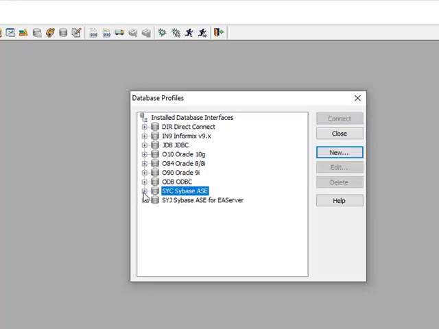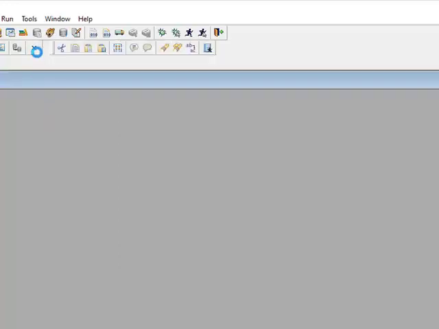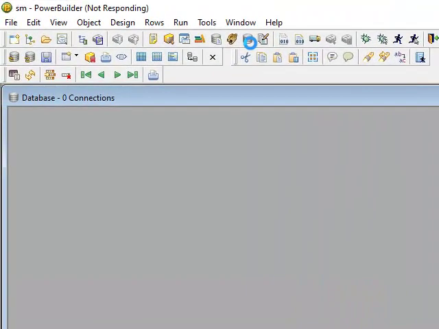So we have a demo database. Where is that? Go here. This is DB profile. This is the database painter.